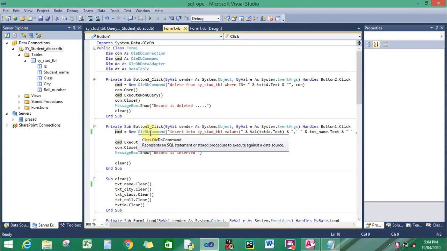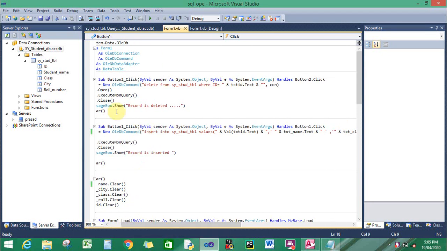In the database management system we have seen the SQL operations of inserting a new record, deleting a record, updating an existing record, and searching a record from the database. For inserting a new record, we need to use the insert command. So the insert query: just see the fields and pass the values likewise in sequence.